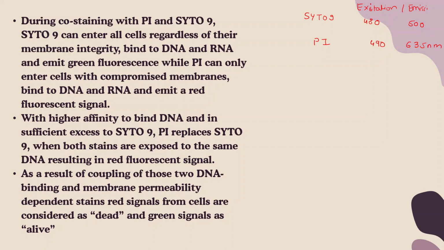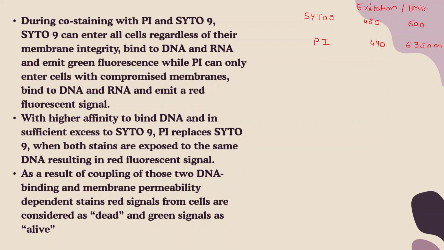For example, firstly we will set the wavelength for cyto9, in which the excitation and emission wavelength will be fixed. After visualizing the pictures, you will go to another stain, that is PI, ranging from 490 to 635. And lastly, we just merge both the images in order to visualize the exact intensity of the stain, whether it is giving green fluorescence in higher intensity or red fluorescence in higher intensity, indicating the viability of the cells.